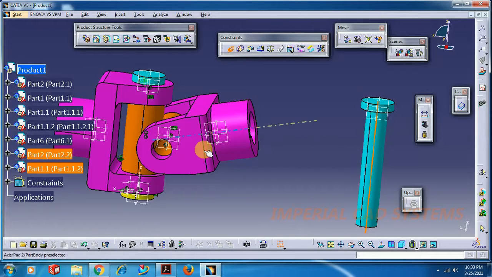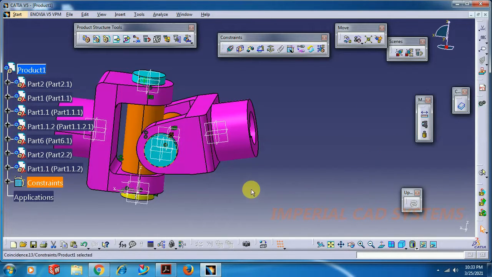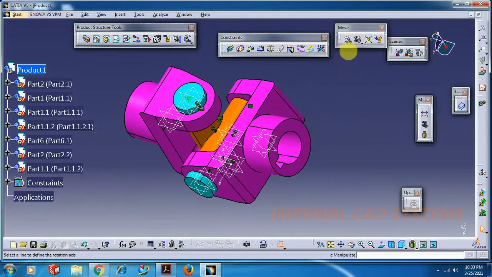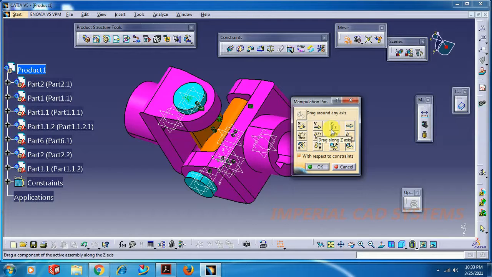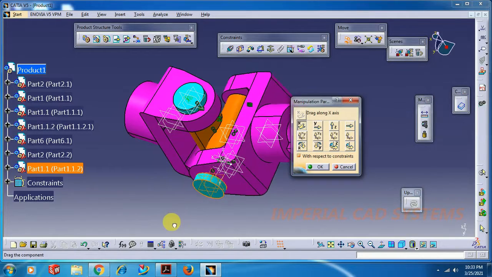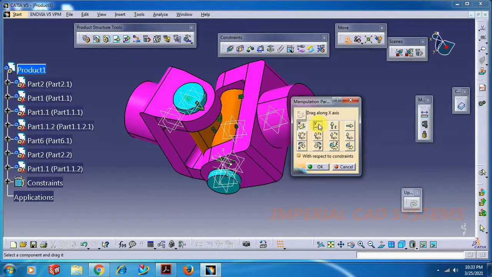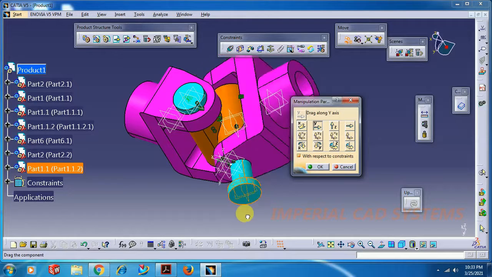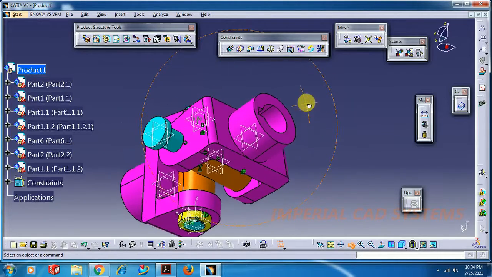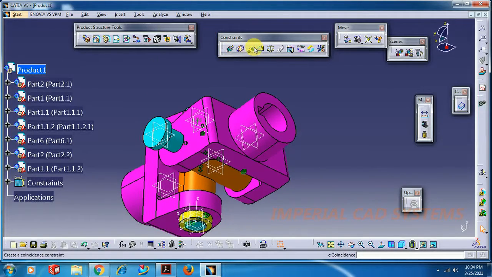Then we can directly apply coincidence. Select this axis, whole axis and whole axis. Again same options, just slightly move, X translation, Y translation, turn this, then go for contact or offset, or you can also use quick constraint.